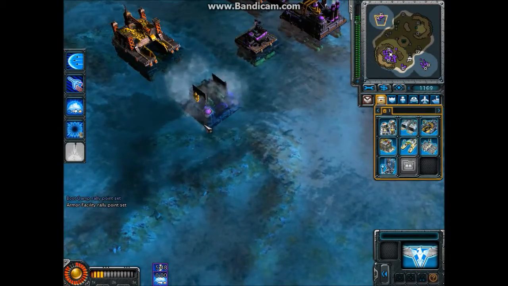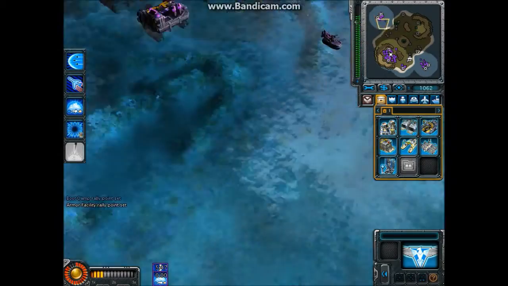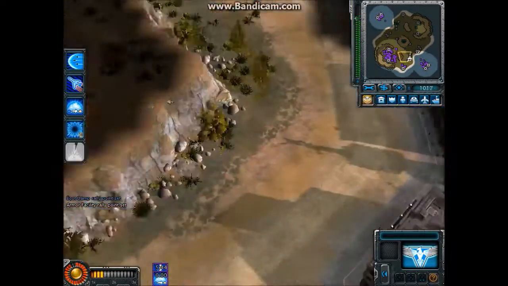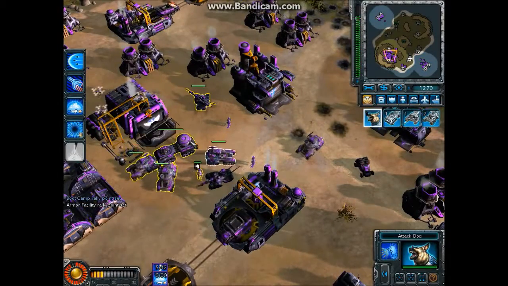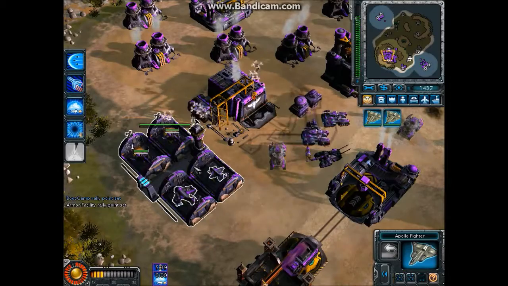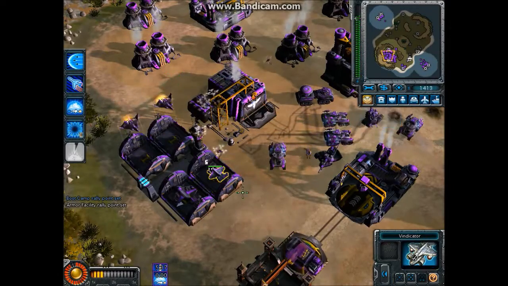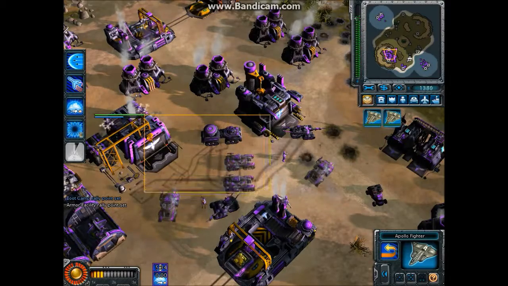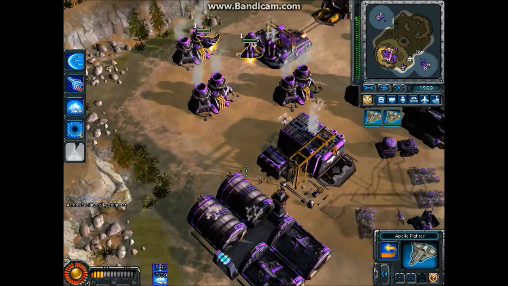If I was playing against a person, I'd be more aggressively going after the money, and now I got all my own refineries. I got a bigger army. I'm starting to make more Mirage and Athena cannons. I think Apollo fighters would be more important than the Vindicator in late game, because if I still kill Mirage and Athena cannons, I'm gonna have to